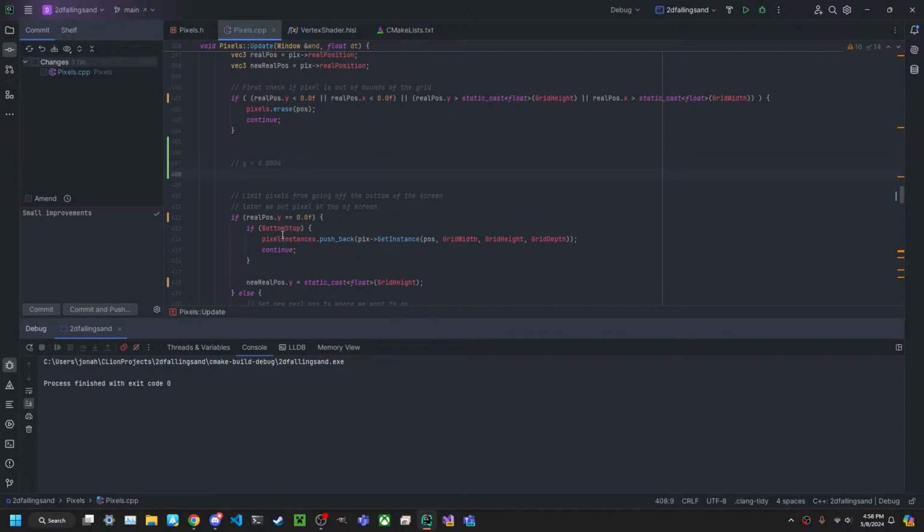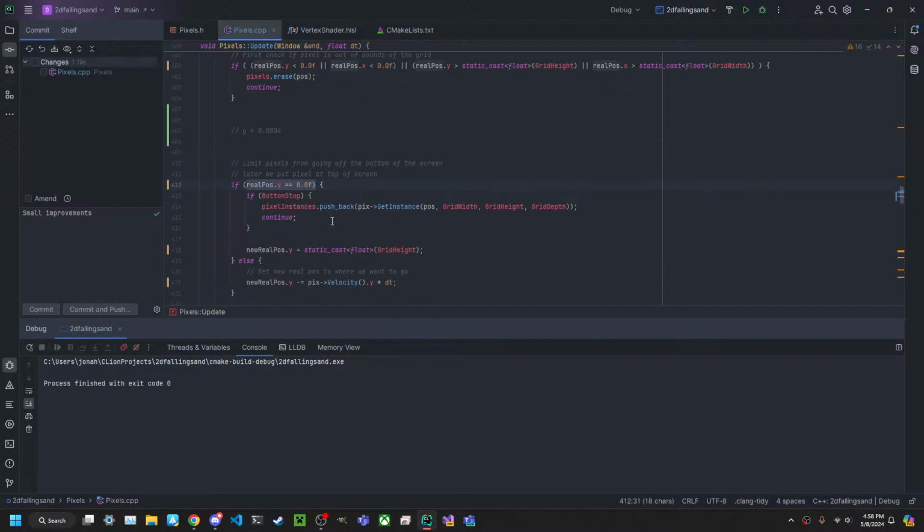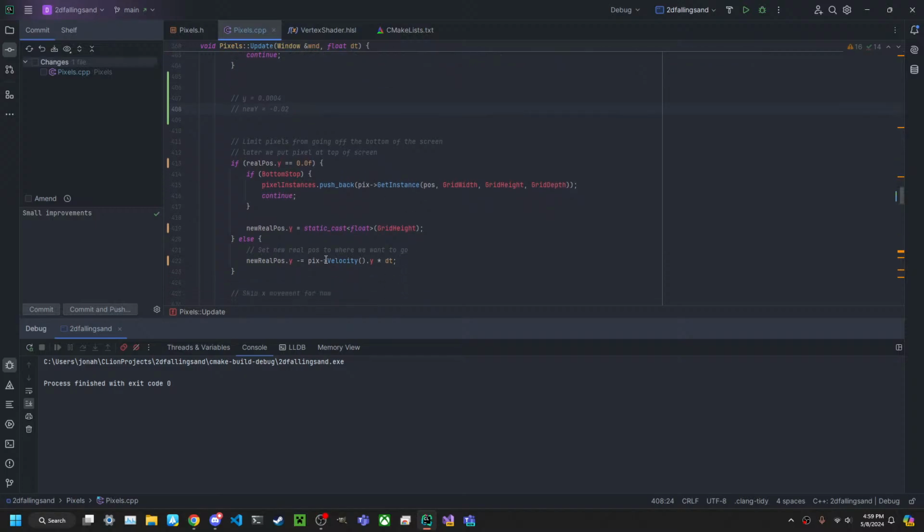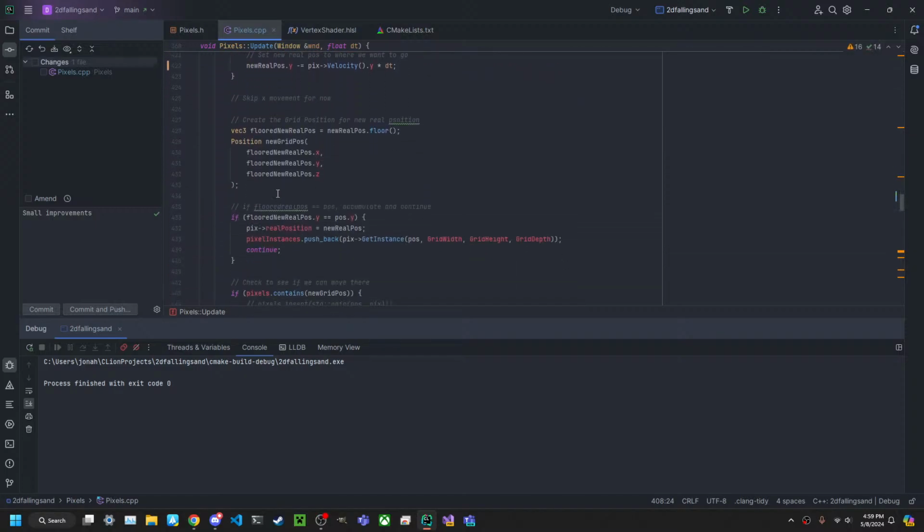Then we get to here, it doesn't equal 0 yet. So we're going to subtract this. Now this value will be the new y, and because of that, it'll end up being like negative, I don't know, 0.02 or something. I'm just making up numbers, but like,